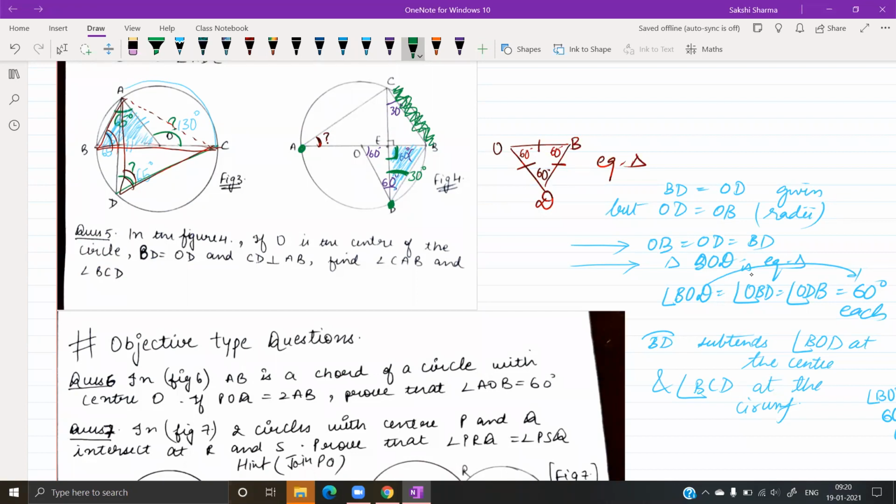Fine. I told you there are multiple methods to do this question. I actually did it completely in a different way. मैंने पहले find out किया था AOD. मैंने ये angle find out किया था by linear pair. पहले मैंने ये find किया था, इसकी help से मैंने ये वाला angle find out किया था डिग्री मेजर थ्योरम से. फिर मैंने ACE में angle sum property apply की थी. So that's also one way of doing it.